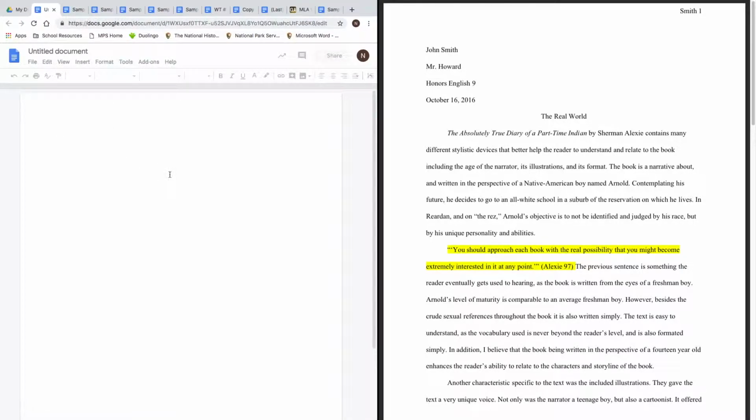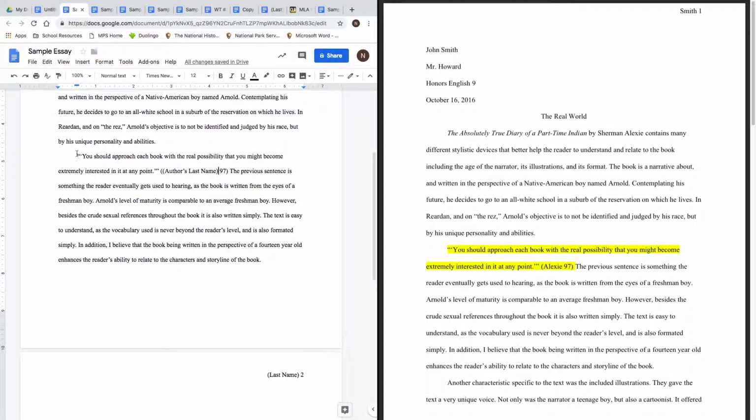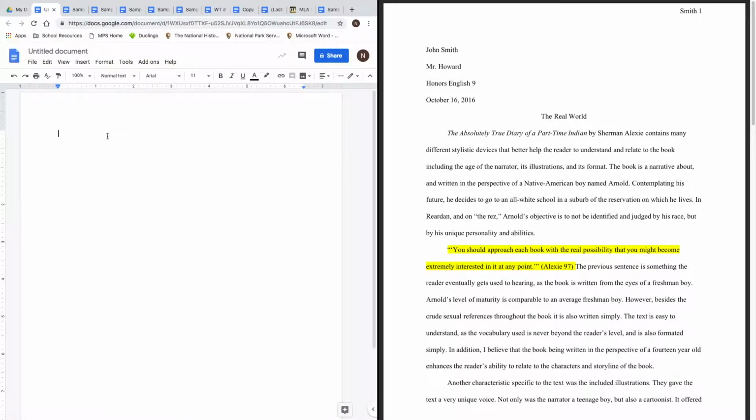So if I'm introducing a quotation and I decide that before the quotation I'm going to introduce it referring to the author. So in this case, the author's last name is Alexi. His full name is Sherman Alexi. So if I were to write Alexi